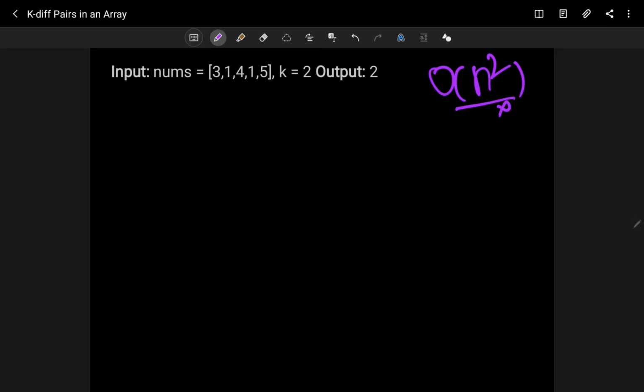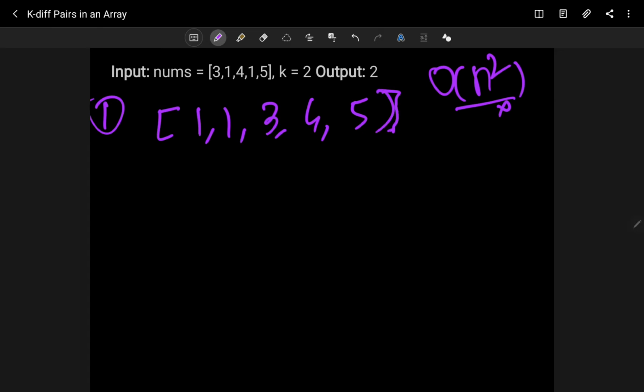So let's see how we can solve it. One thing we can do is, at first, I will sort this array. After the sorting, it will look like this: 1 1 3 and 4. Whatever my input array, I will sort this out first. Why am I sorting here? What is the benefit of sorting? The benefit is that I can identify all the pairs in linear time only, because we can iterate through this array only once and easily identify all the pairs, instead of nested for loops.